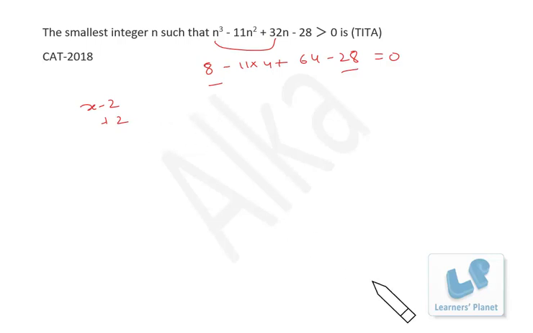Okay, so let's find out the quadratic expression now. So here n square, 1 into 2 minus 11. So 2 minus 11 is minus 9n. Minus 9 into 2 is minus 18 plus 32, 14 2s are 28, minus 28, 0. Okay. So it can be further factorized, n minus 2 into n minus 7. And earlier we were having n minus 2 as a factor. Okay, so precisely it is n minus 2 whole square into n minus 7, and we want it to be